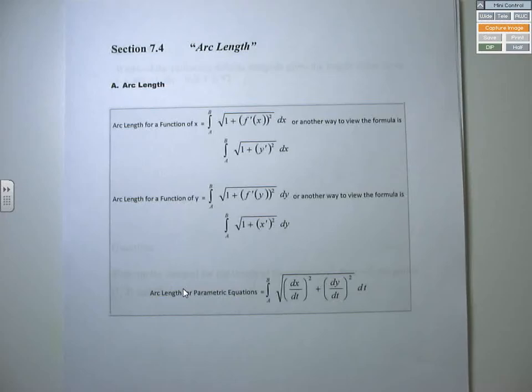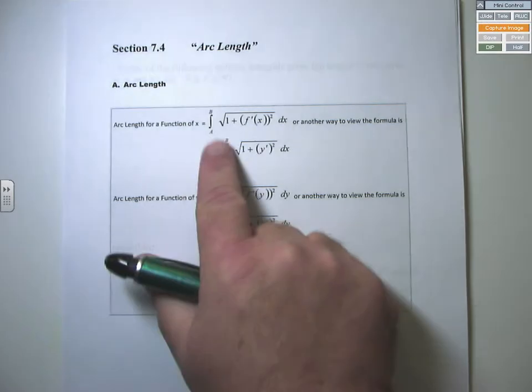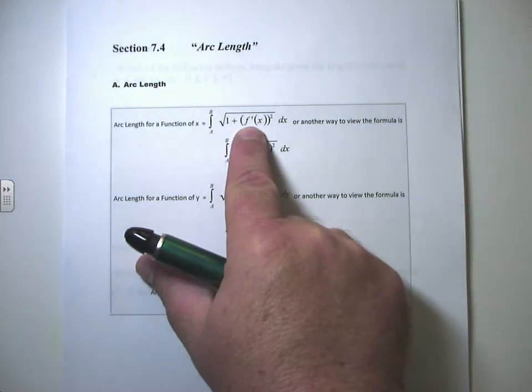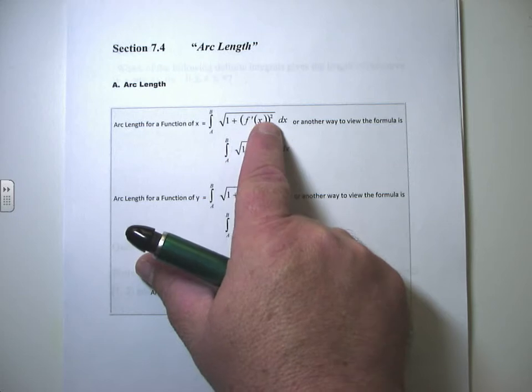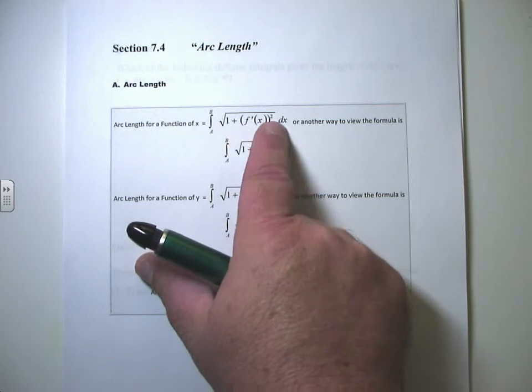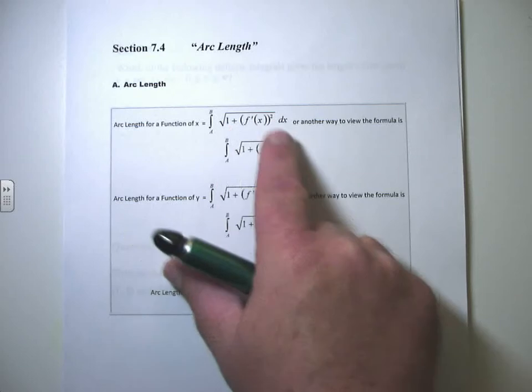Well, we're in section 7.4, and we're doing the pre-section videos for arc length. And the arc length is three basic formulas you guys need to know. It's the integral of the square root of 1 plus the derivative of whatever function they give you that you want to find the arc length of, squared, dx. This is the function in terms of x. You take the derivative of that, square it, add 1, take the square root of it, and integrate that with